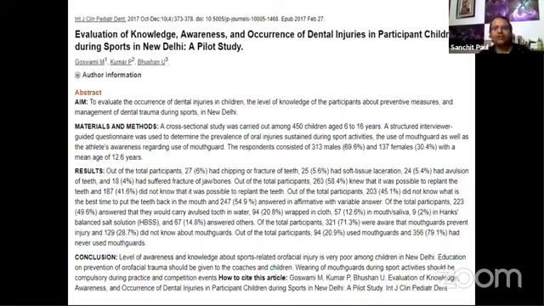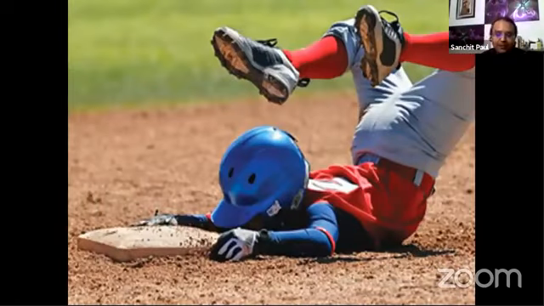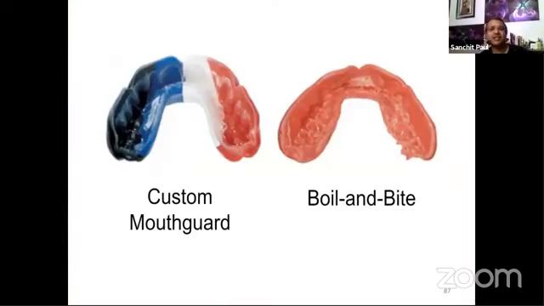Now, it's also important that we don't always have to wait for the trauma to happen. We can always provide encouragement and knowledge about something called a mouth guard. Mouth guards are very important, especially for those children who are involved in contact sports. Although these are COVID times and things are different now, we always know of children who are involved in a lot of outdoor activities. It's very important that if the child or the parents are inclined toward this, you encourage them to use mouth guards, because a mouth guard will prevent not only dental trauma but a lot of other sequelae.